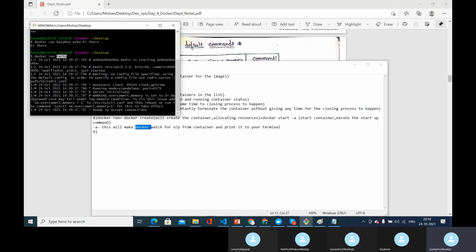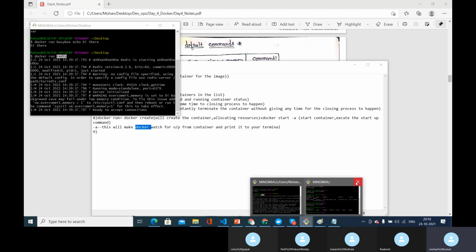Redis is something like, again, another image. This is basically an in-house storage memory, so we can store the data and we can retrieve the data on this. Now on this Redis image which I have created, what I will do is